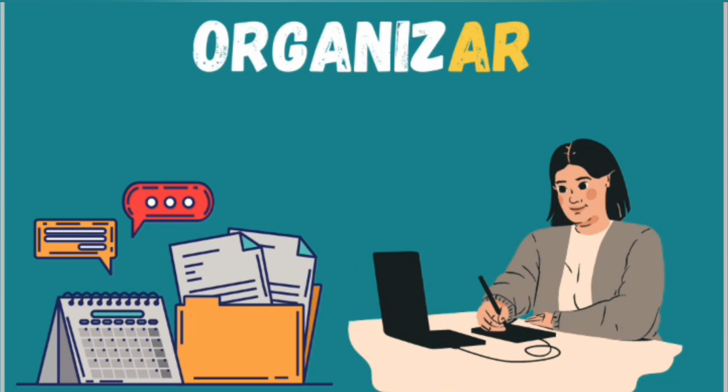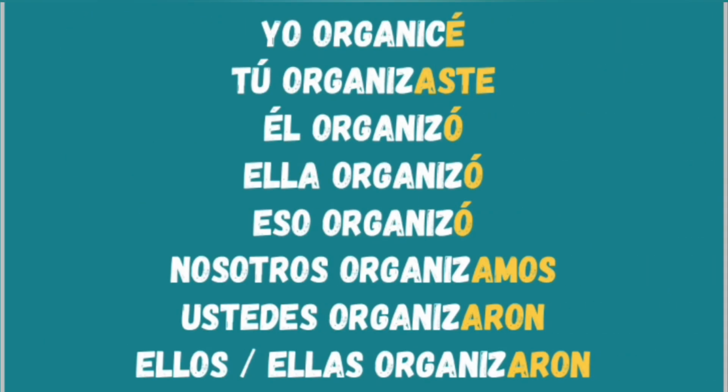And now I have this other verb, okay, to organize. If you want to say organize in Spanish, you have to say organizar. Organizar, okay? And let's see how you have to conjugate this in the indefinite past. If you want to say I organized, then you have to say yo organicé. Yo organicé. Okay, see? The root word is different than in the personal pronoun you, tú.